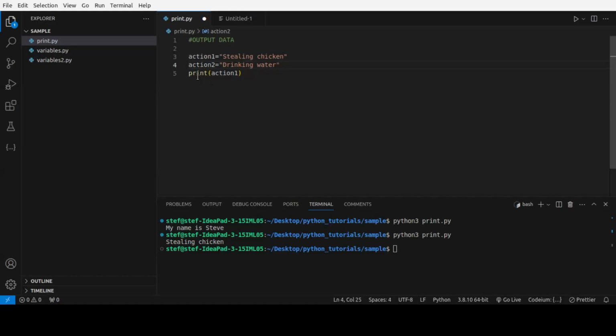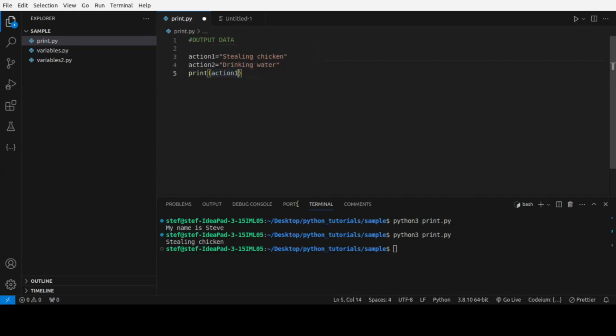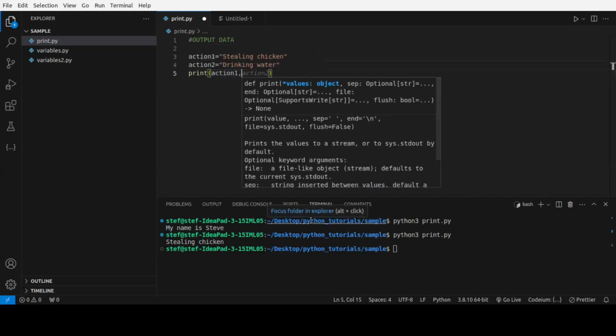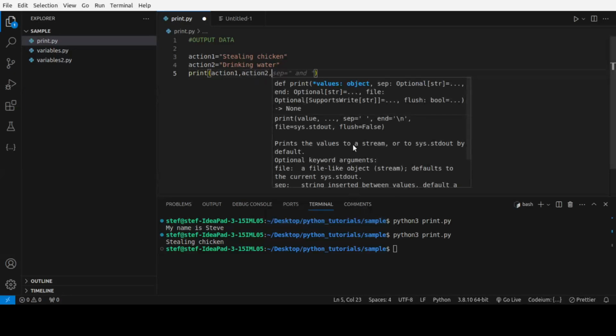To print multiple strings in this print statement, each string that I print out is separated by commas. So if I write action one, comma, action two, and then comma whatever other string I want, however many strings I want to have in this print statement, it will print out each of these strings